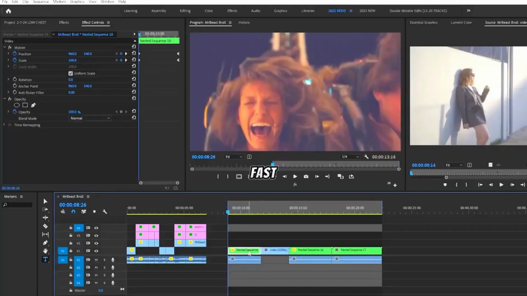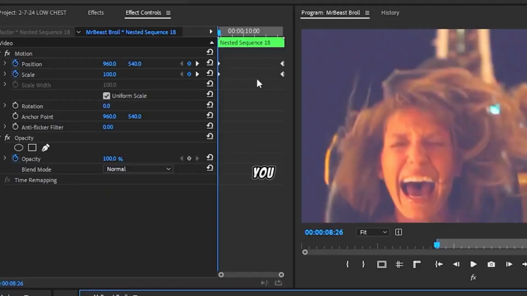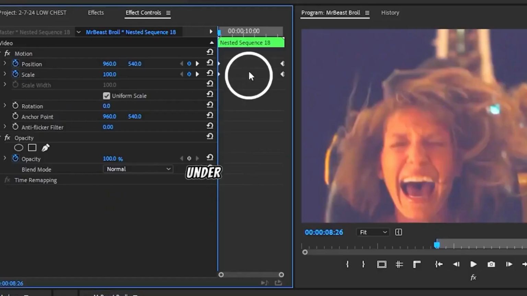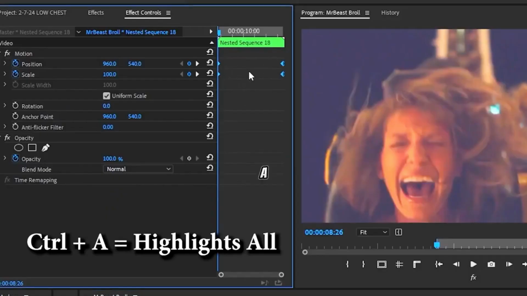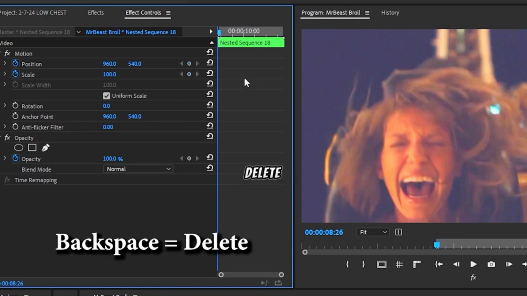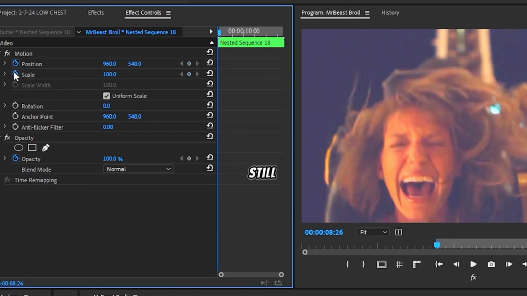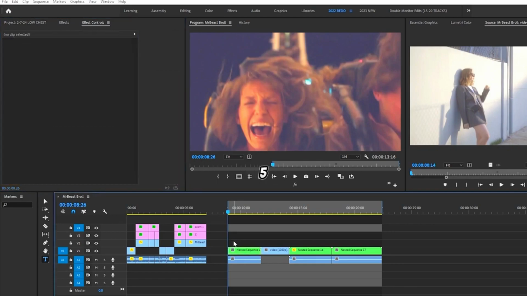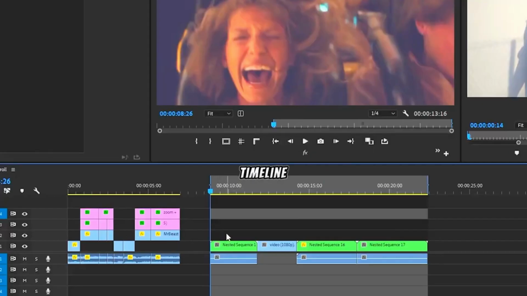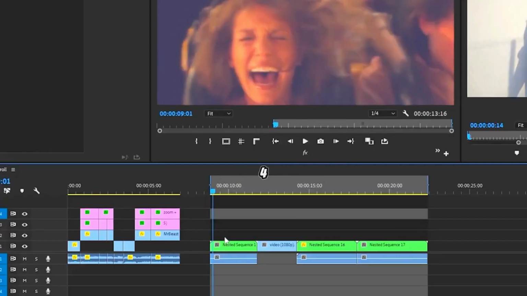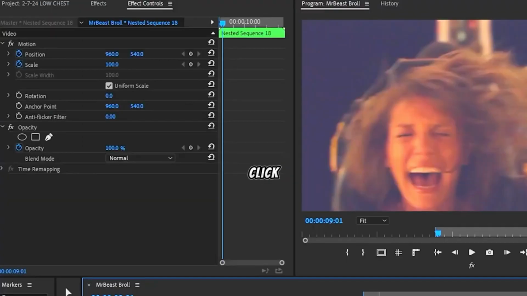If you want the fast zoom in effect, then what you can do is click under here, under the Effects Control, Control A, and click X or backspace to delete. Position and scale is still on, but instead you move 5 frames, so click on the timeline and go 1, 2, 3, 4, 5, or using your right arrow key, click on the clip, go back to Effect Controls, and